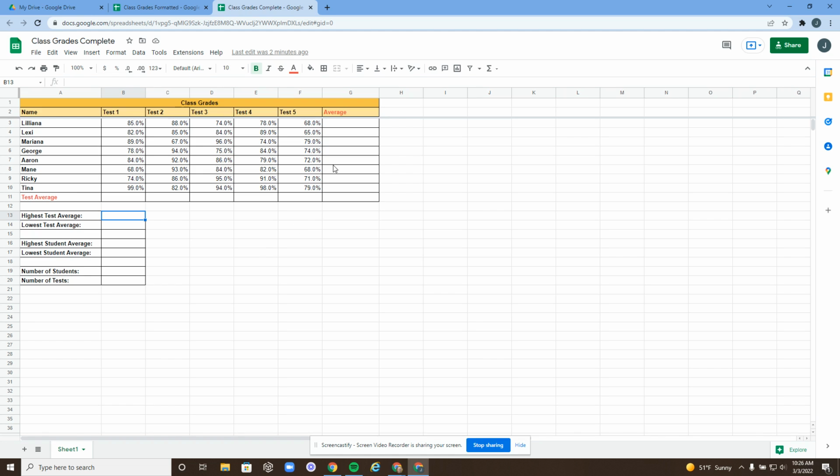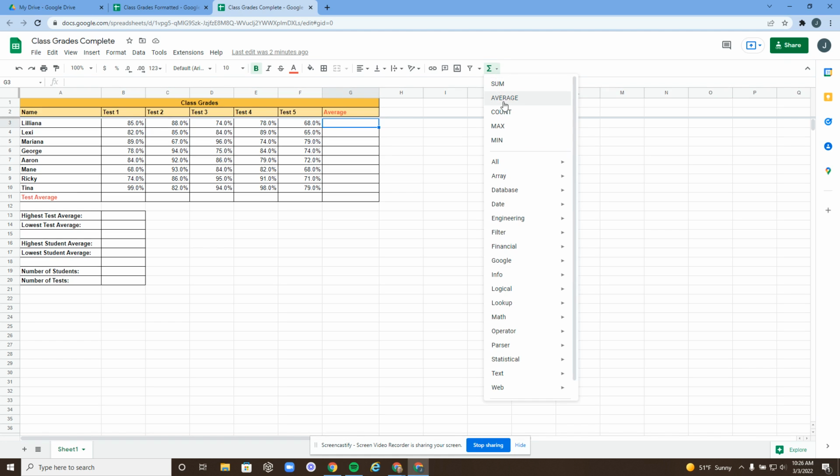So first of all, right here, I want to make sure that I average all of these tests so that I can have a final grade for Liliana. So I'm going to come up here to all my functions, and those common functions are the ones that we've started with. Of course, you should always feel free to experiment with any of the other ones, but for right now, we're going to use the average function,